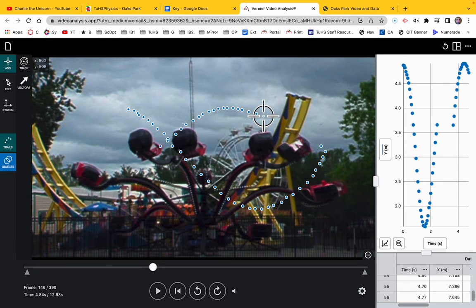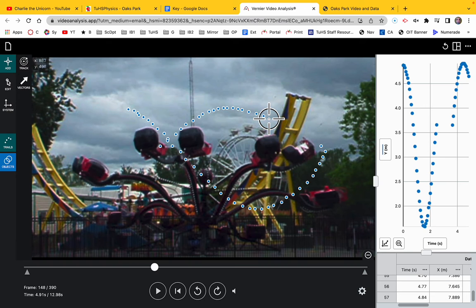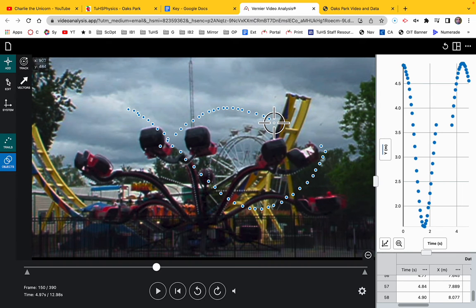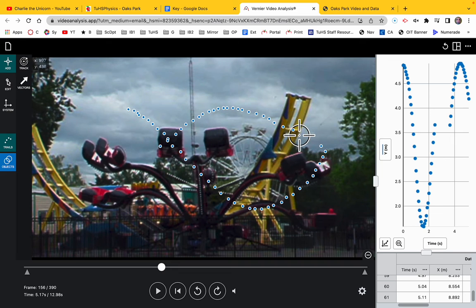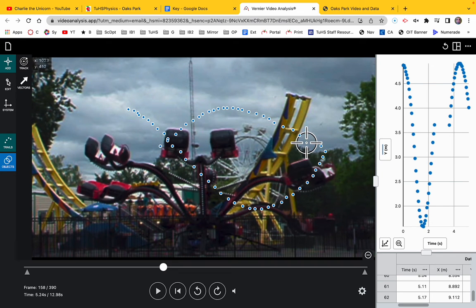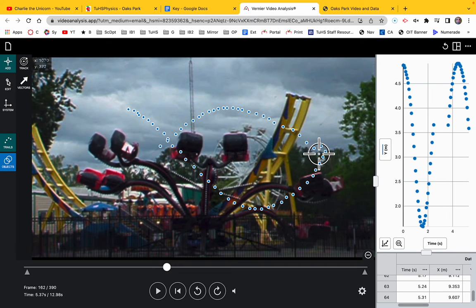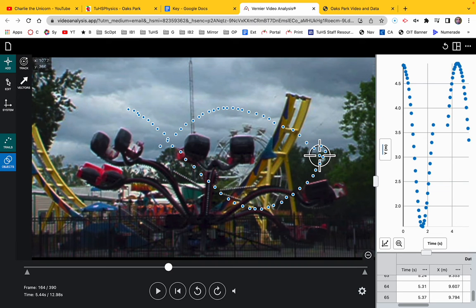Again, I'm just using the top of the crosshairs to click on it. I don't really care about the X. And of course it's curved and slanted, so do the best you can. Now we've got a nice